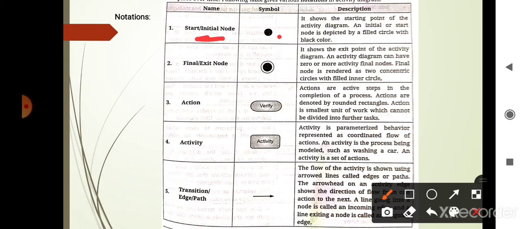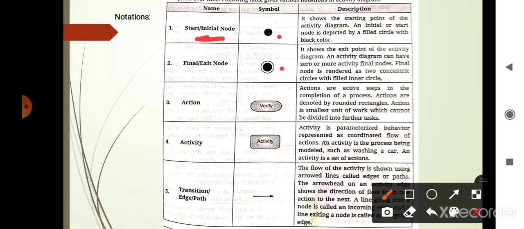The second symbol is the final or exit node. It shows the exit point of the activity diagram, and an activity diagram can have zero or more activity final nodes. The final node is rendered as two concentric circles, with the inner circle filled black.